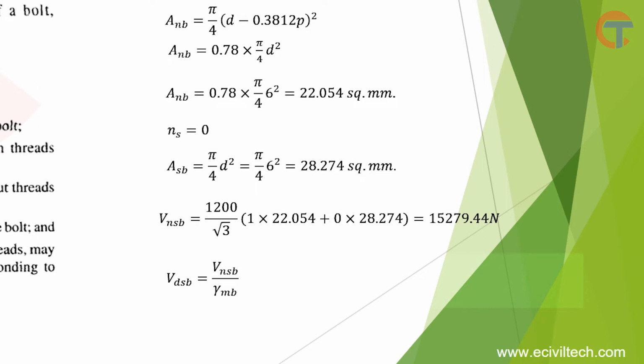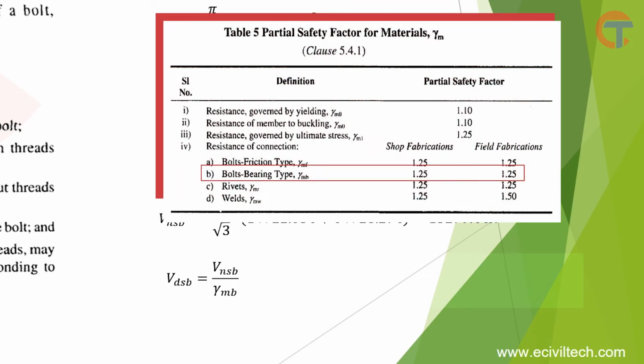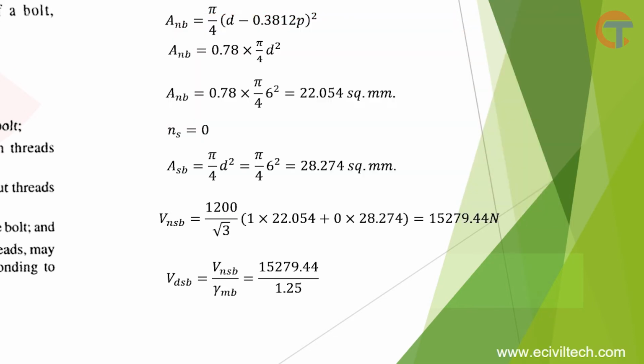Now we have the value of VNSB and we need only gamma MB. We can get the value of gamma MB from table number 5 of IS 800-2007. This is partial safety factor for the material. As per table number 5, gamma MB is equal to 1.25. Putting the value of VNSB and gamma MB in VDSB, we get 15,279.44 divided by 1.25, we get 12,223.556 Newton, which is 12.22 kilonewton, which is equal to